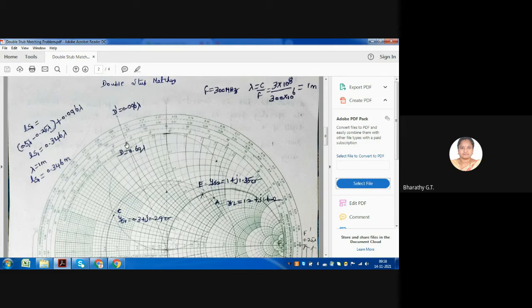Okay. After plotting D equal to 0, J 0.69, what do you have to do? You have to join OD. Join OD and extend it to the outermost part of the Smith chart. Then you will get D dash. The value of D dash that you are getting is 0.096 lambda. I'm repeating again: parallelly, whatever you are doing in the chart, you have to write it as steps also. Have you got this value D dash?